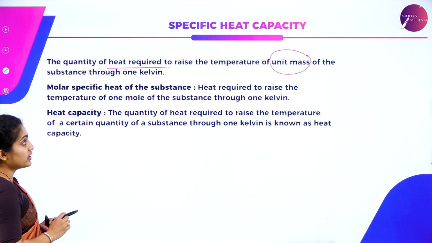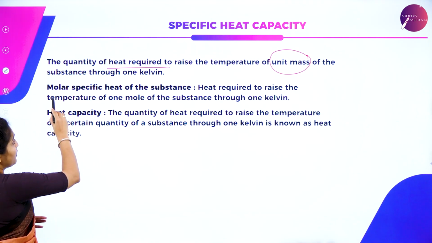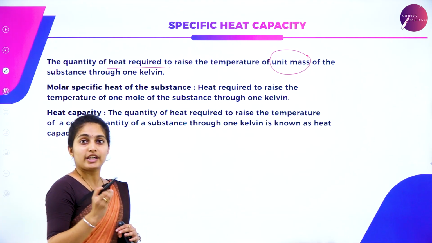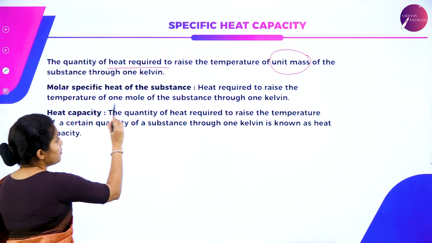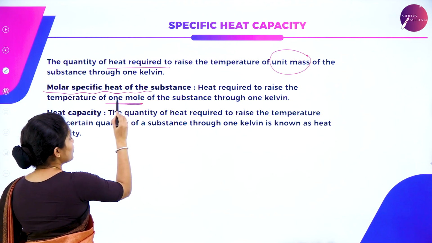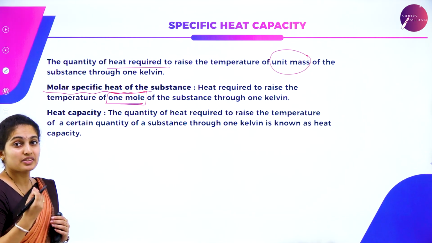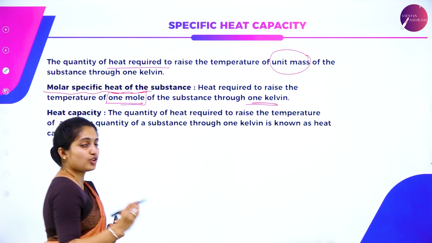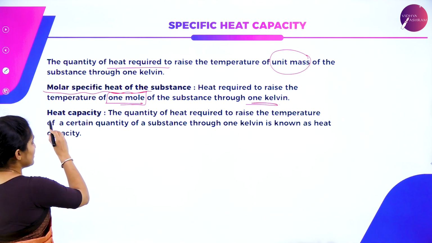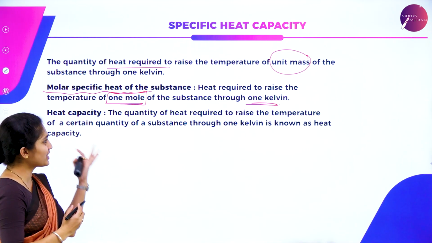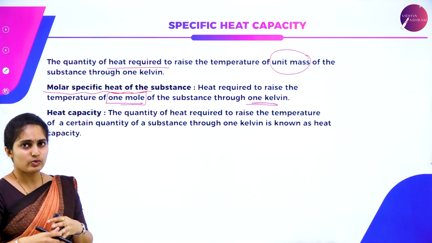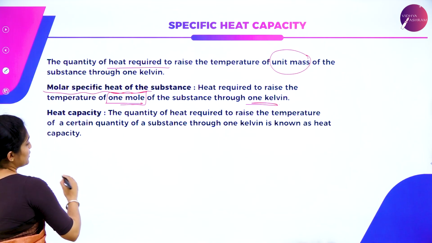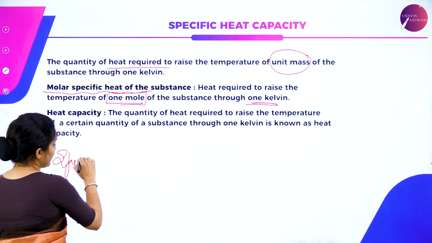We also have the molar specific heat capacity definition, which is the heat required to raise the temperature of 1 mole of the substance by 1 Kelvin. And plain heat capacity is just the heat needed to raise the temperature of a certain quantity of substance by 1 Kelvin. In the case of specific heat capacity, we have two types of capacities: